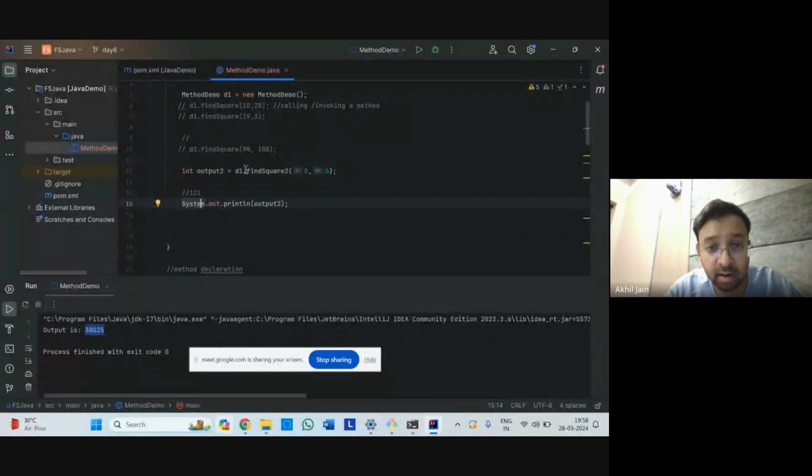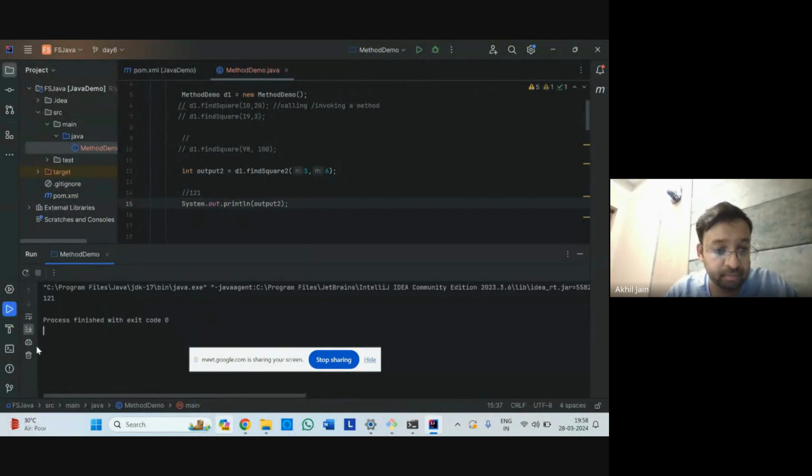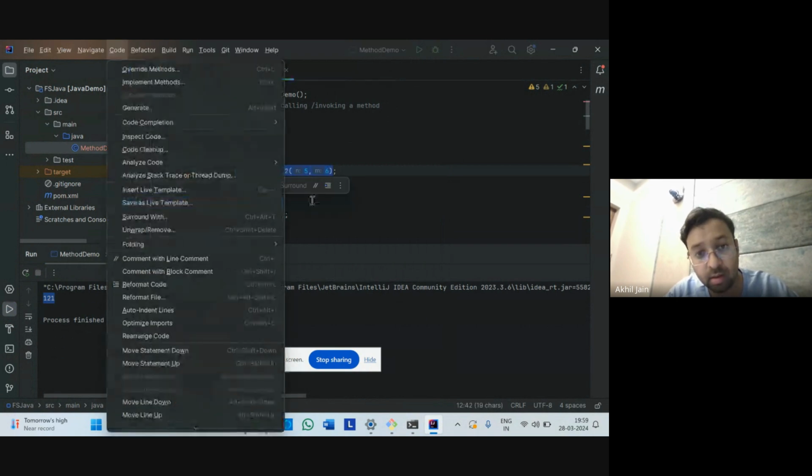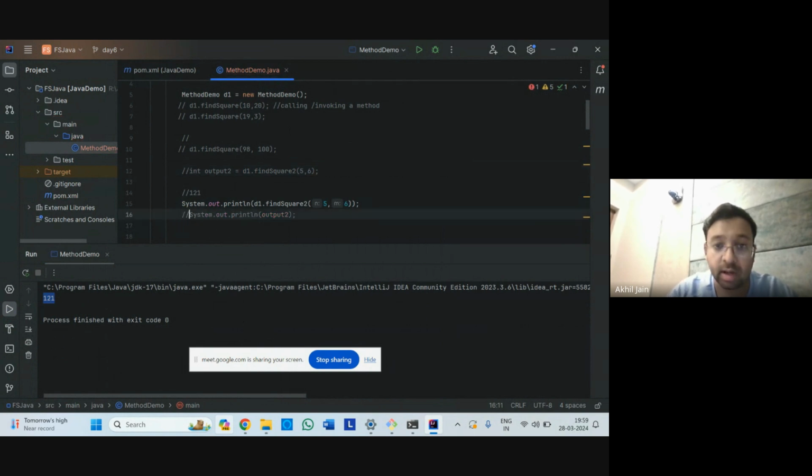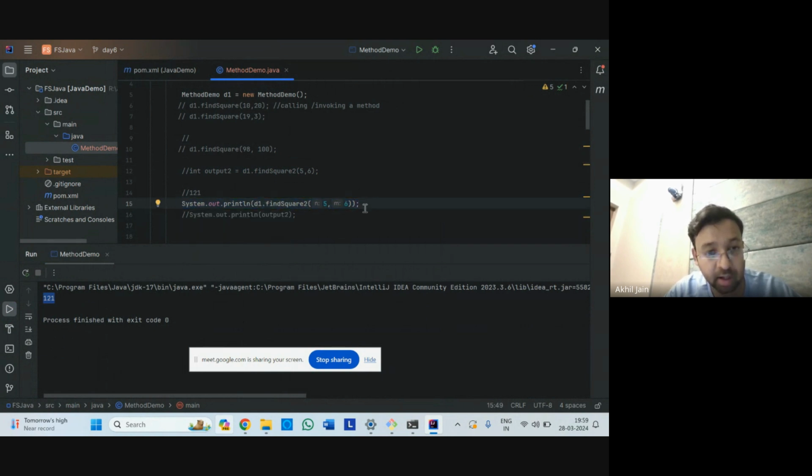Let's run this first. You see 121, right? And if I do something like this, let me comment this out, and I'm directly invoking the method inside system.out.println, like this. I will run this now. Let's see the output again. 121 again, right? So what this means is that when you invoke d1.find square 2,